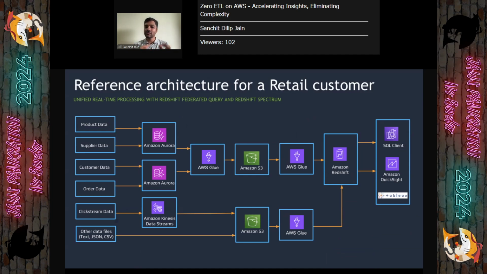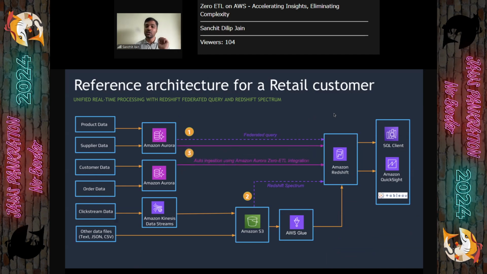Now let's start peeling the layers of the onion. Let's understand how zero ETL will simplify the architecture. With federated query, you can directly get the data from Amazon Aurora to Redshift. Same from S3, you can get it. So you don't have to worry about the hot and the cold kind of a concept. What data you need, you can directly acquire it without the process. That's step one for innovation. Step two, they removed that entire process of acquiring the data, getting the data from Aurora, putting it to Redshift, with auto ingestion. In 2022, they announced this auto ingestion from Aurora directly to Redshift.